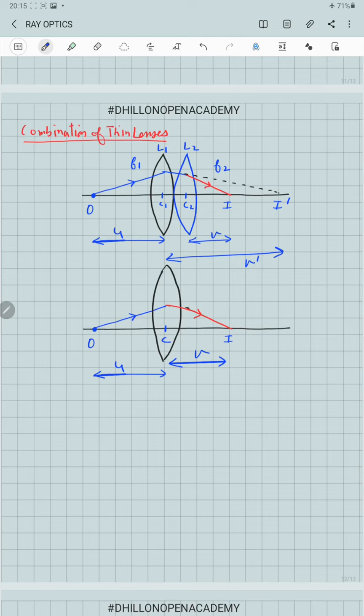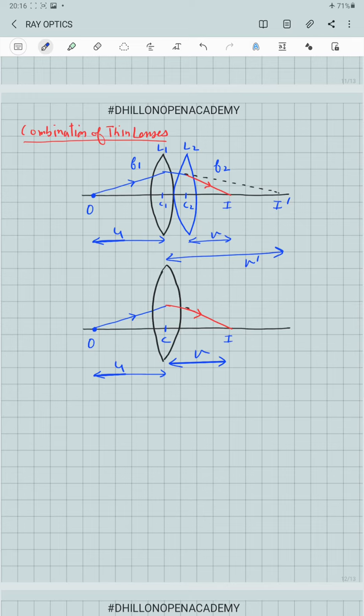Now we are discussing combination of the thin lenses. In most of the optical instruments, a combination of lens is used in which lenses are either placed in contact with each other or with a certain distance between them. With this type of combinations of the lenses, the main purpose is to magnify the image formed, or to increase the sharpness, or to decrease the aberrations, for erecting the final image as in case of terrestrial telescopes, or we can also increase the field of view.